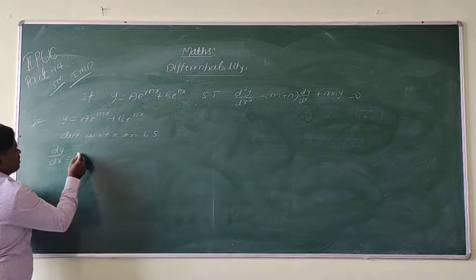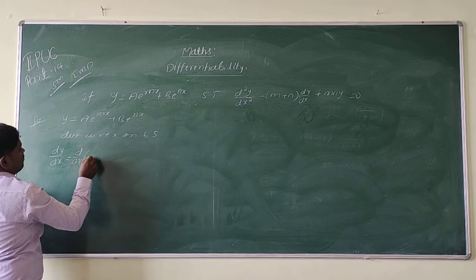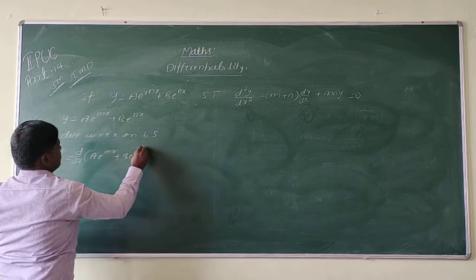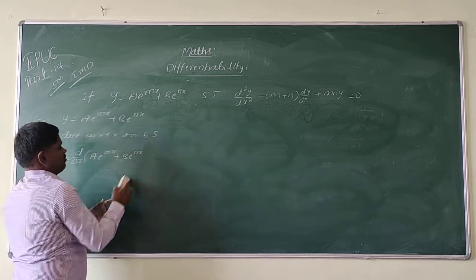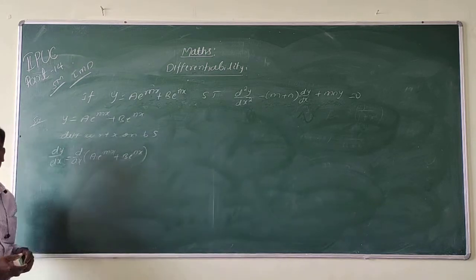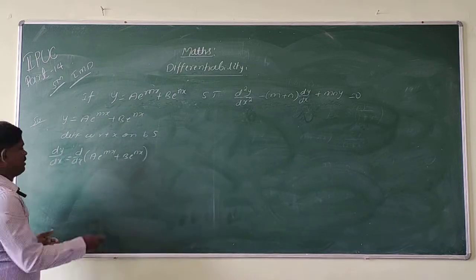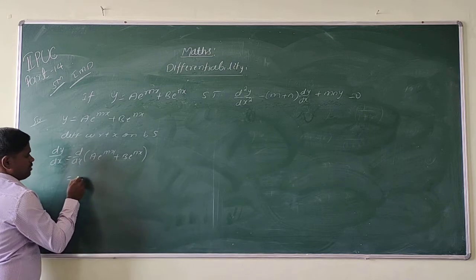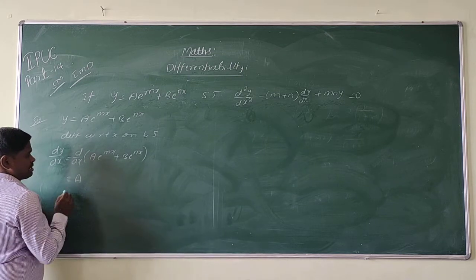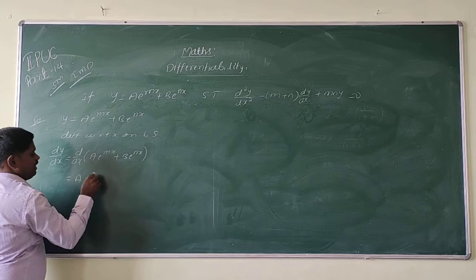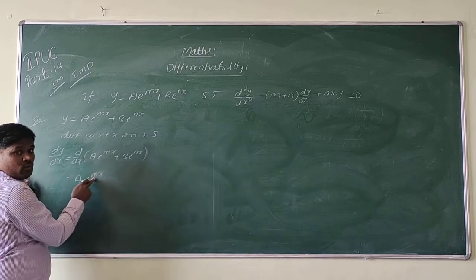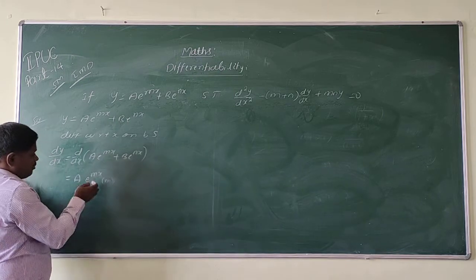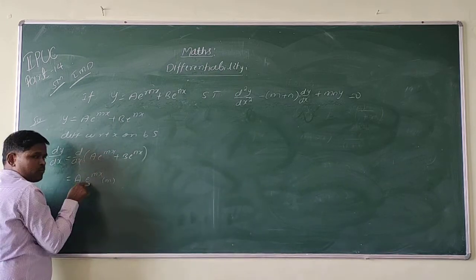So suppose it takes d by dx of a into e to the power of mx plus b into e to the power of nx. So this is an unnecessary, wasted step. Okay. So no need to write it in the examination. It is better to differentiate directly. Okay. So by using algebra derivative, we are going to differentiate these terms separately. That is, a is constant, a as it is. So differentiation of e to the power of mx is e to the power of mx, and using chain rule, so we write here differentiation of internal term. So differentiation of e to the power of x is e to the power of x.